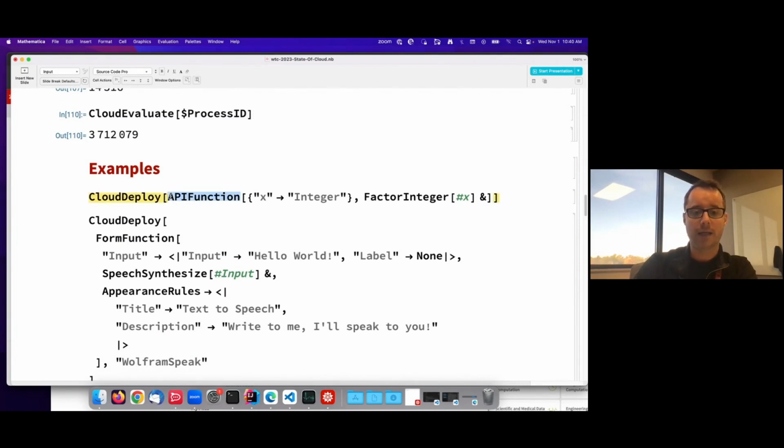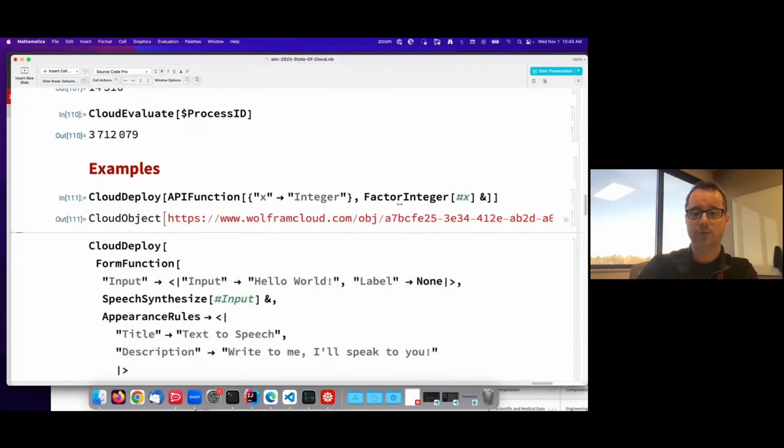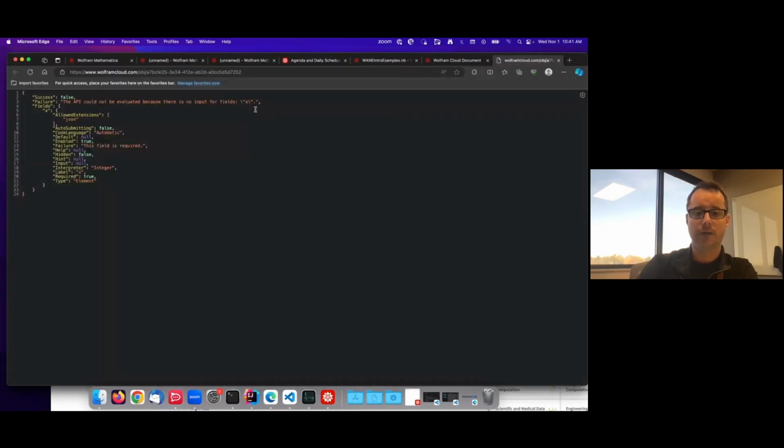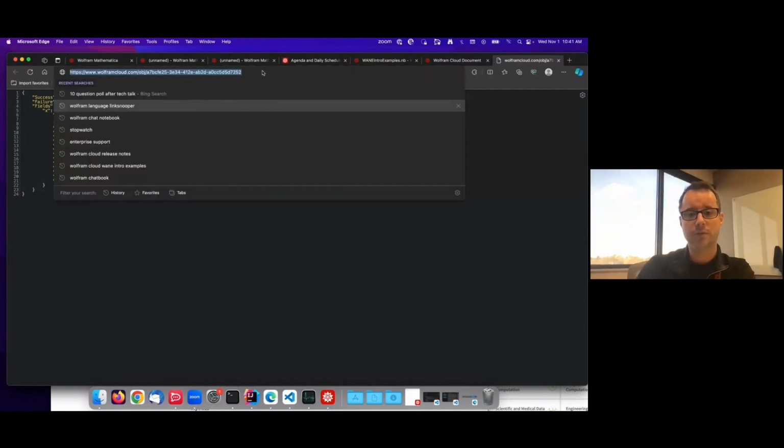We've added things in the Wolfram language, such as APIFunction, that make it easy to deploy things. So what I'm going to do here is deploy this very simple API function, which is FactorInteger of a parameter. The cloud deploy machinery makes it really easy for me to deploy it to this URL. And when I visit that URL, this is basically tying that Wolfram language code to this HTTP